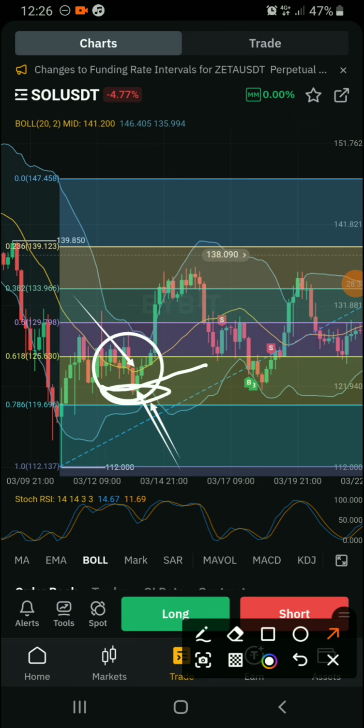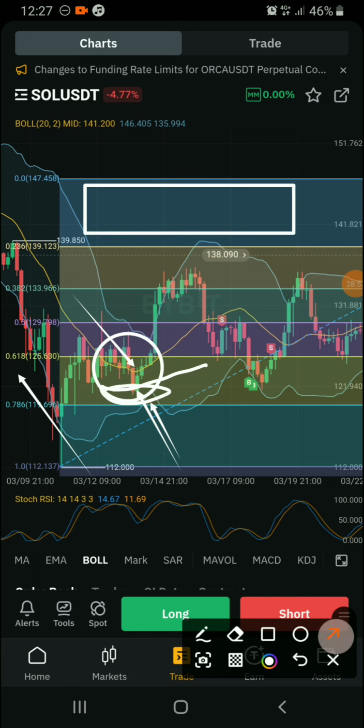So if you want to combine it, you're going to see that the price is within this 0.618 area, meaning that the price might go up, but it might not go as high as this zone right here, the non-tradable zone. And that is what just happened. The price went high, but it stopped before it entered the non-tradable zone. You can take this trade and make profit, and then wait for price to come down again into this oversold area, and then price actually went down and went to the golden ratio,